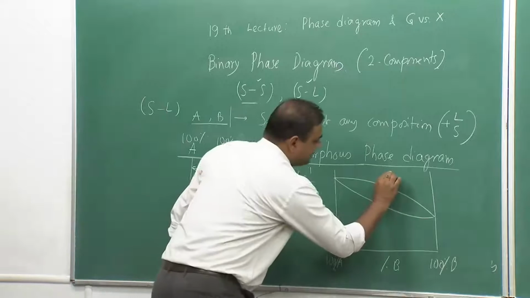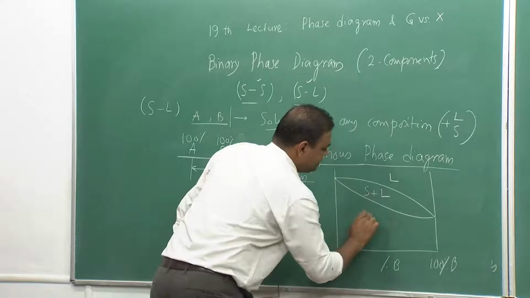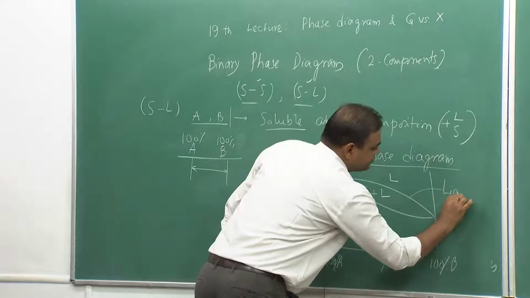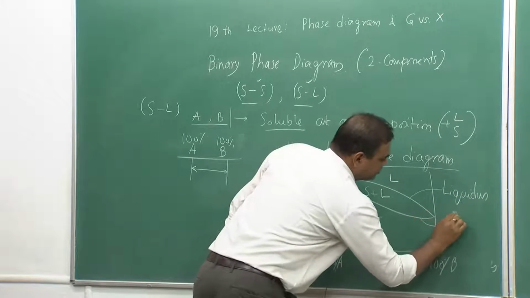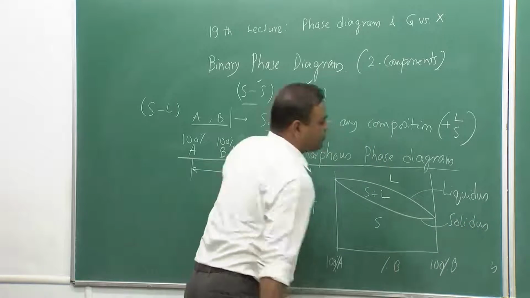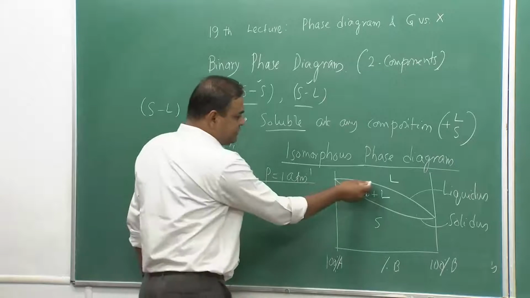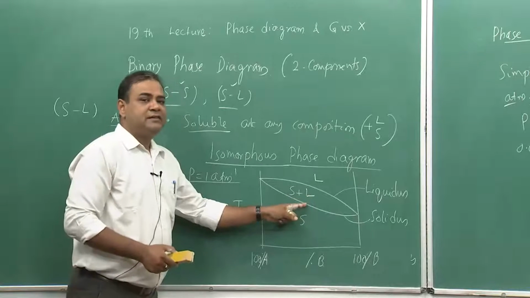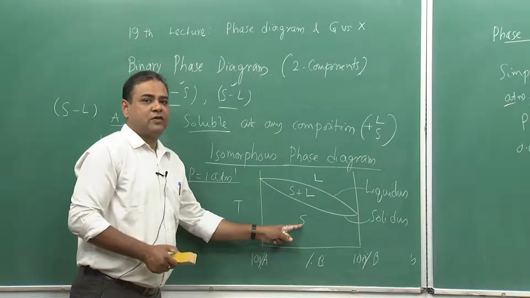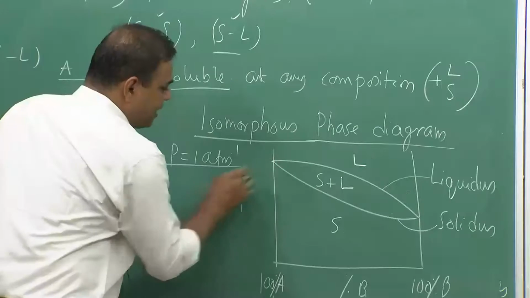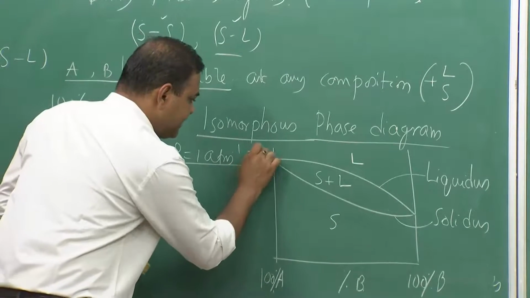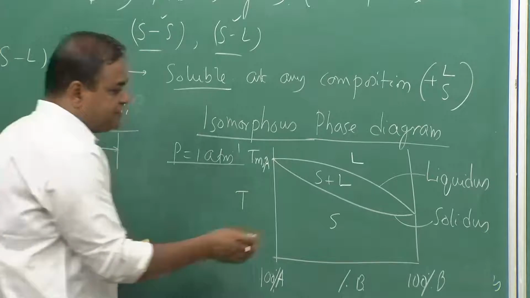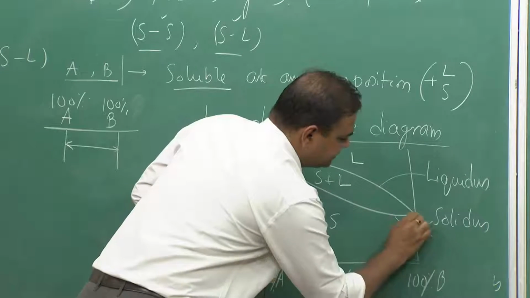In this case, this becomes my liquid, this is solid plus liquid, and this is solid. This particular line we call liquidus, and this line we call solidus. This liquidus gives me the equilibrium between liquid and liquid plus solid, and this line indicates the equilibrium between solid plus liquid and solid. Now, this is 100% A, so we can term it as TMA, the melting point of A, and this one, since it is 100% B, we can term it as TMB,